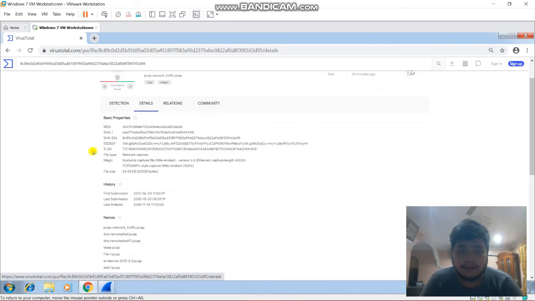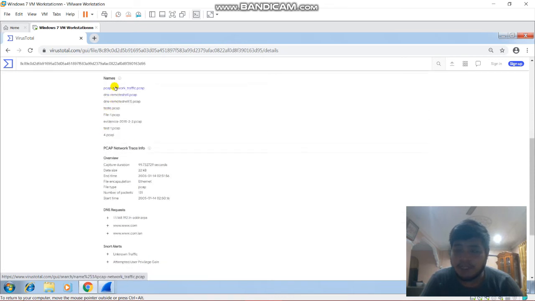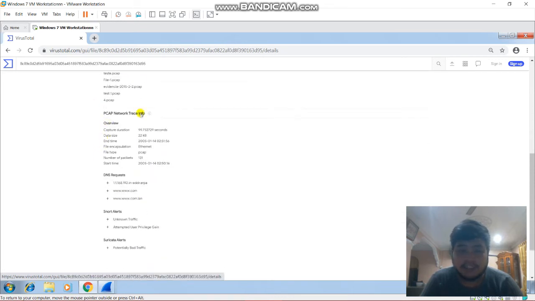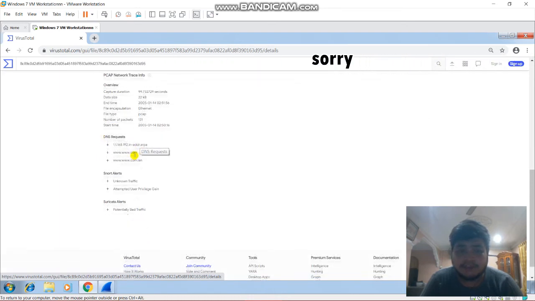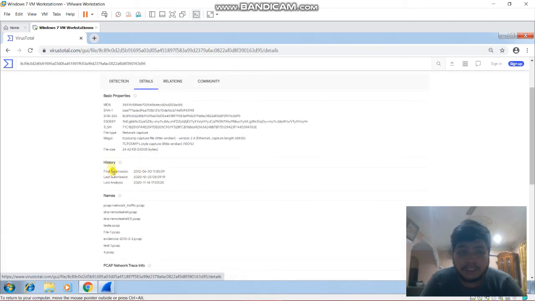Let's click. From the details, we can see basic properties, history, names of the target file, the PCAP network trace info, the DNS requests, and the Suricata alerts, which will be displayed in the information details. Here we can see the history.